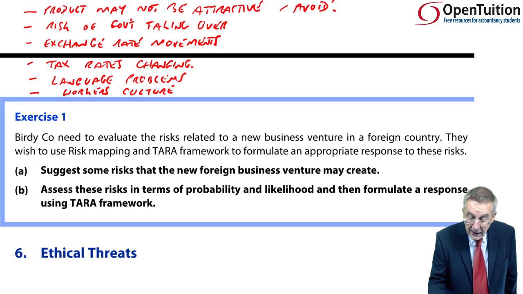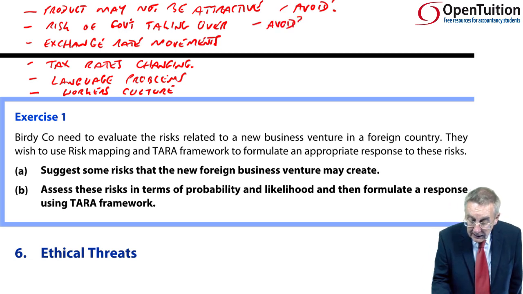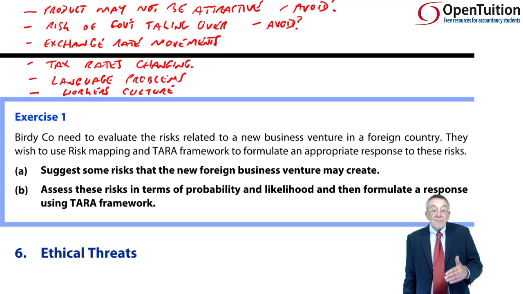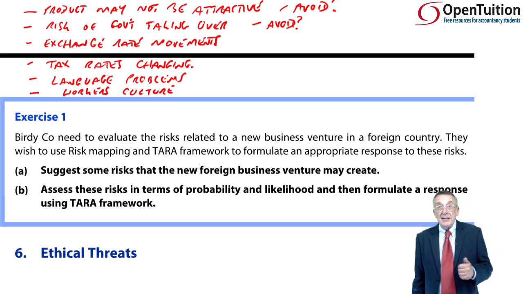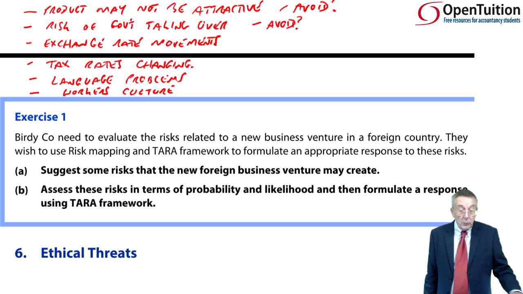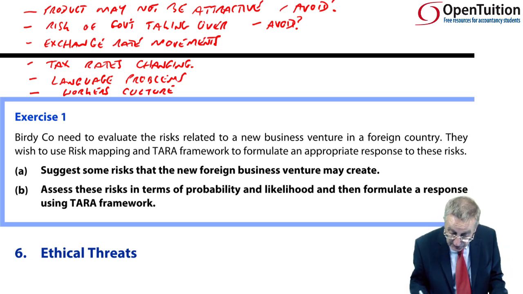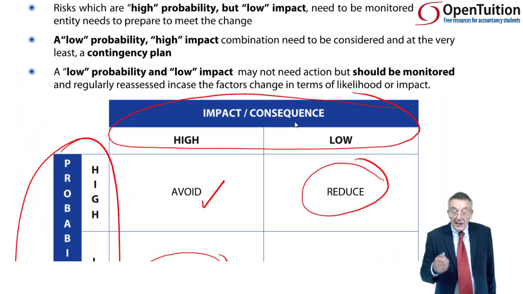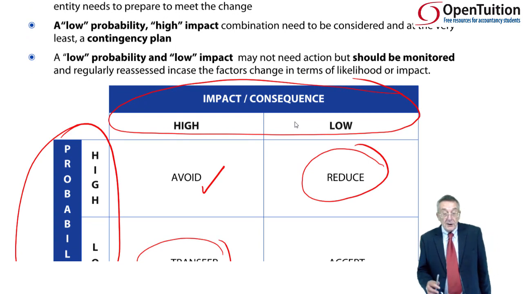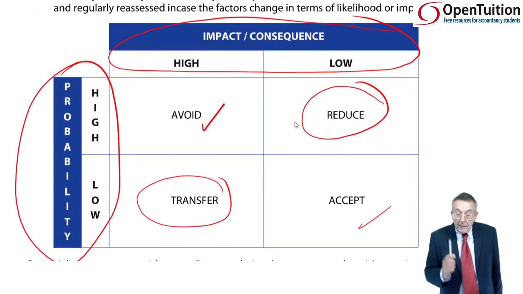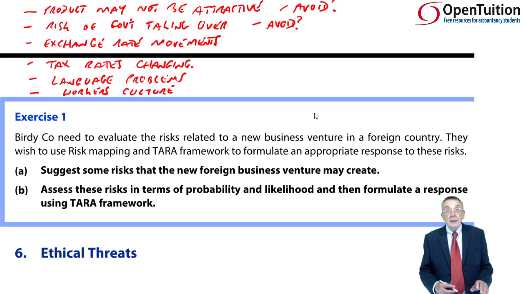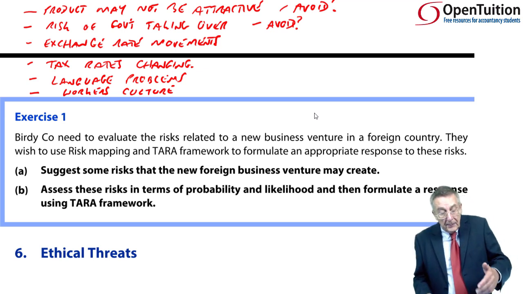And similarly, with the government taking over. I'm putting a question mark because, of course, I don't know which country it is. We don't know if there's any history of nationalising, and so we don't know how high the impact of it is. On the other hand, if you think back to that framework that I had a minute ago, actually, can I wind back? I said, if there's a high probability and it's a high impact, we may decide to avoid. But I also said, if there's a high impact, which those two are, if I thought there was a low probability though,